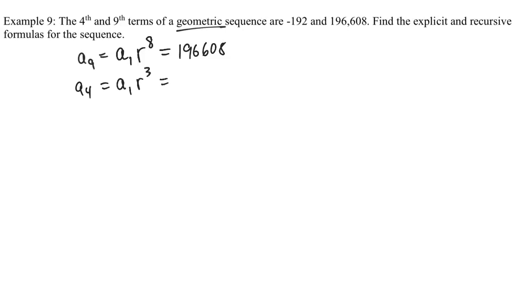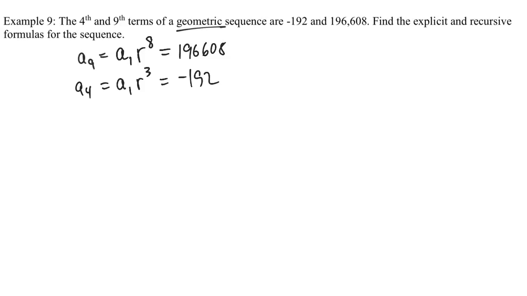Okay, here on example 9, we're told that we are working with a geometric sequence, and we are given the 4th and the 9th terms, and we want to find the explicit and the recursive formulas for the sequence. So the first thing I'm going to do is set up two equations, starting with the 9th term, which I know for a geometric sequence is going to be a1 times r to the 8th power, because that exponent is n minus 1, and this is going to equal 196,608. Now for the 4th term, the 4th term of a geometric sequence is going to look like a sub 1 times r to the 3rd power, and this is going to equal negative